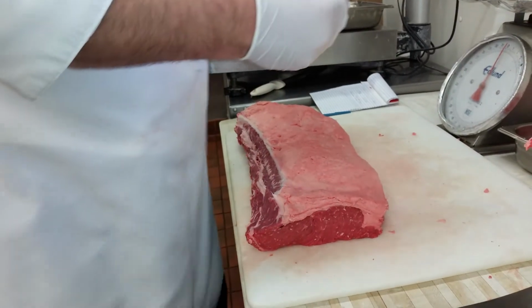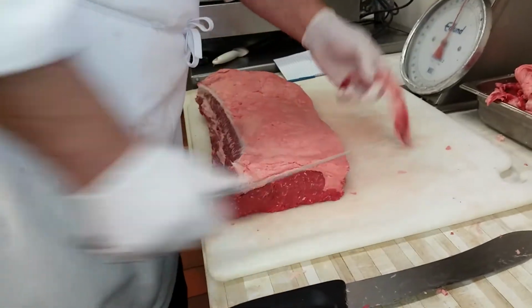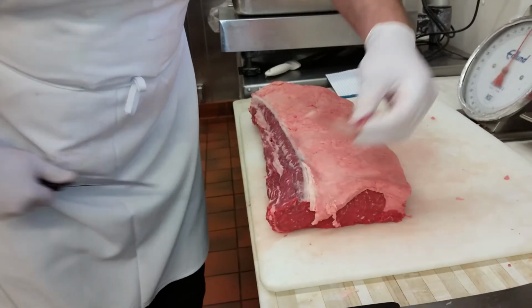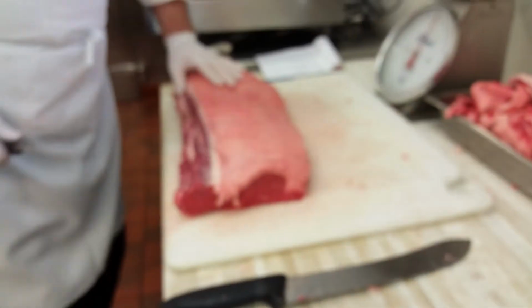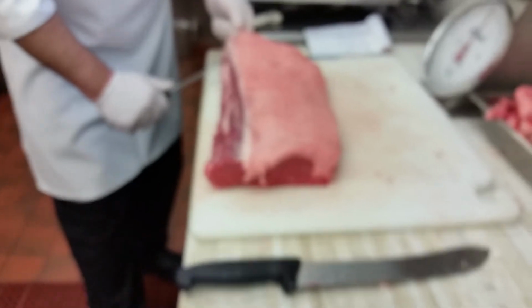But this connective tissue here is some serious silver. Really, really gnarly. And I don't like to serve it on my steaks. Again, there are places that do, but I don't. I find it to be even, and I take it all the way through. Some places will cut off that vein end first, but